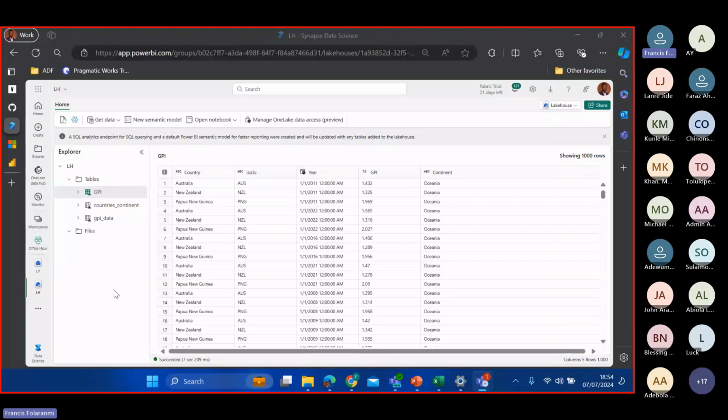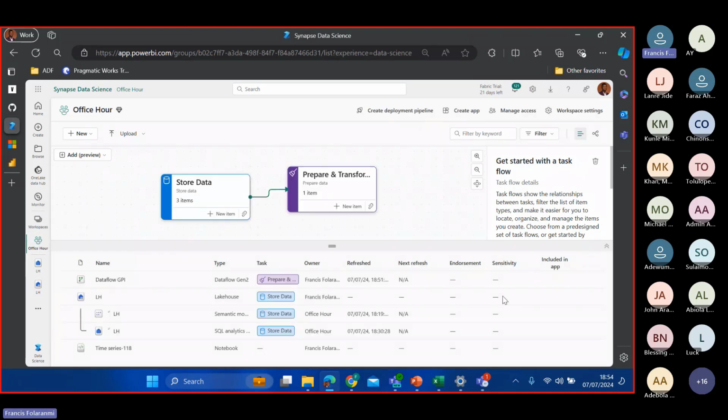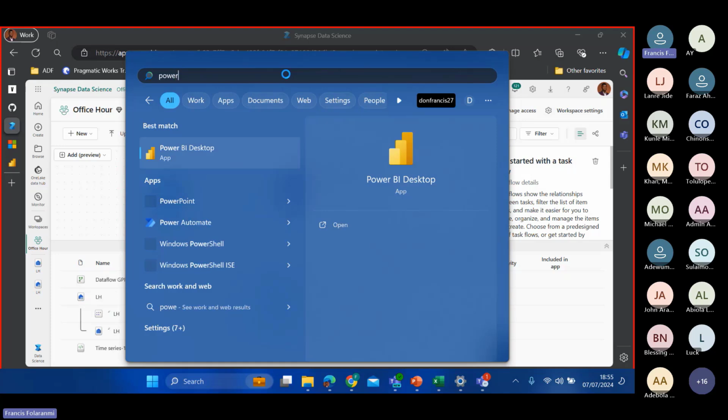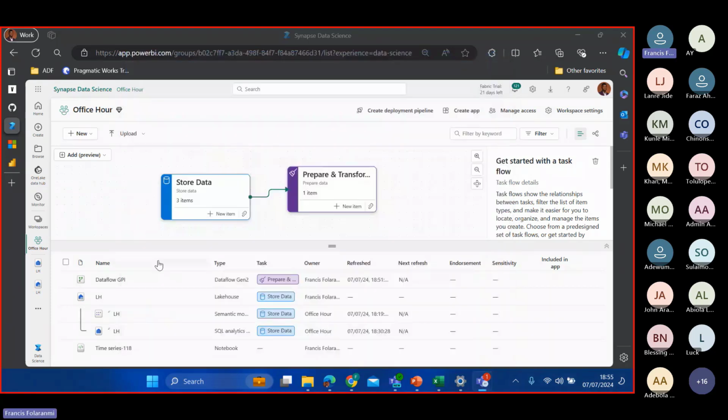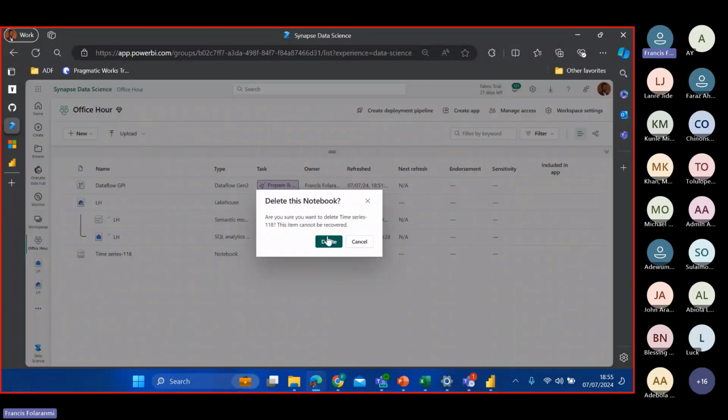So now we can go into our own part of data visualization. If I go back into my workspace, I want to create a trend. The trend we are going to be creating is going to be auto-generated, but I'm also going to show us another report that I built with my Power BI Desktop. So let me just open it as I'm talking now, so as not to take time. Within my workspace, let me collapse my task flow view. There is the sample notebook that we created also, so let me delete that. I have that deleted now.